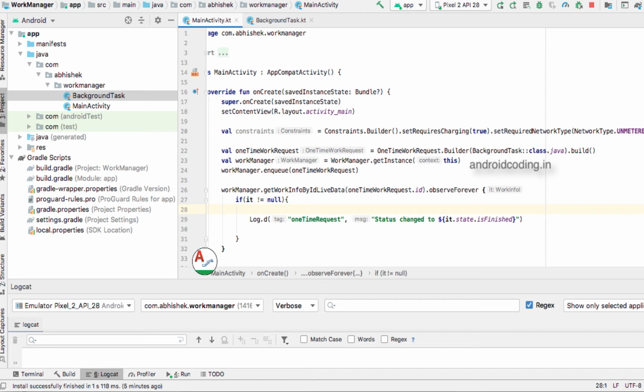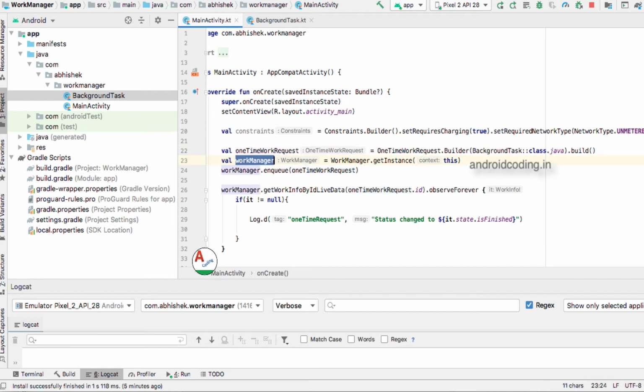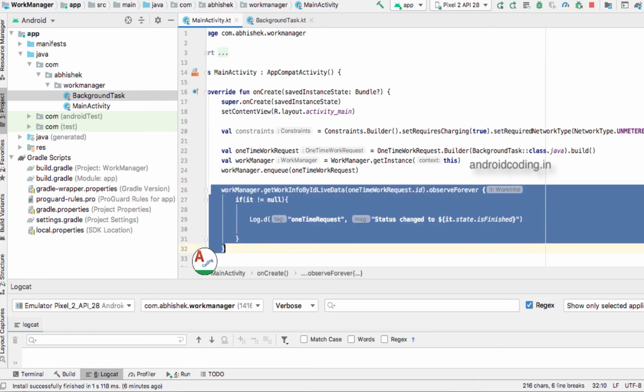Here, as we have initialized our one-time request, and adding constraints is optional, as I have said. Next, we get the instance of the work manager. With the help of the work manager instance, we will enqueue our one-time request. So our task of providing the work to the work manager is done, and this one is observing.